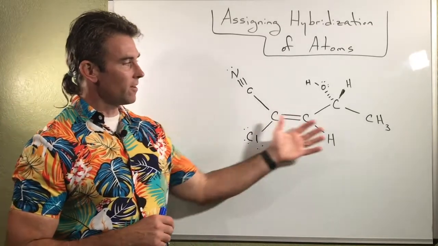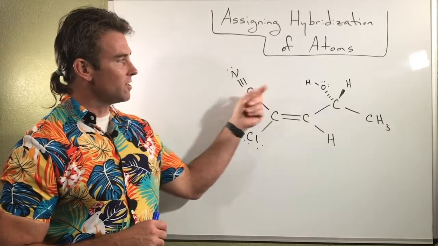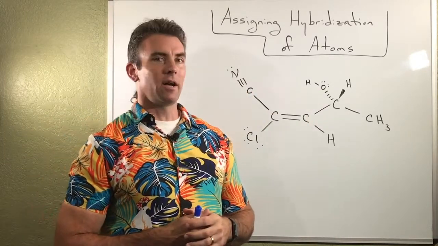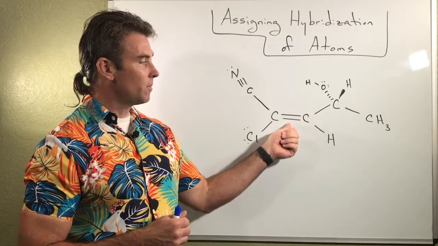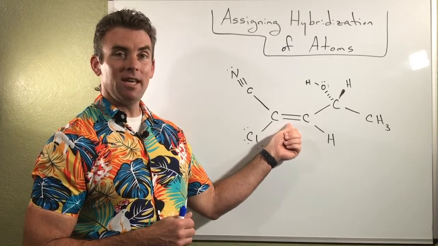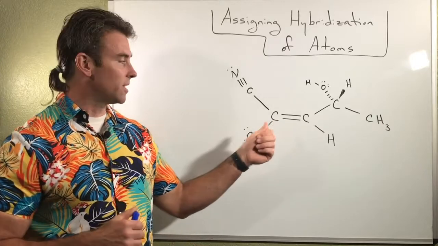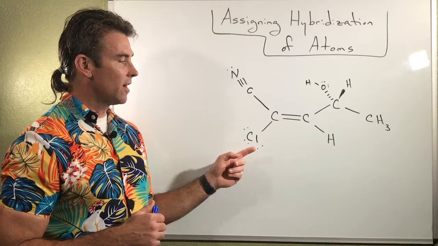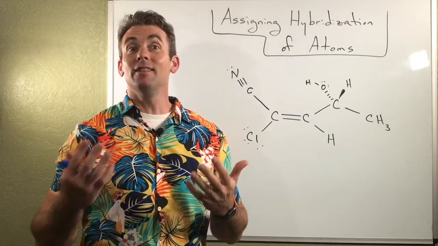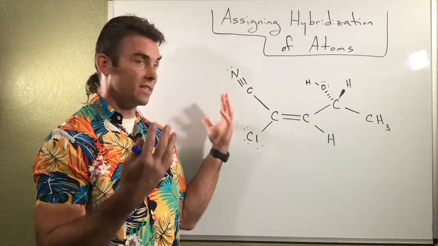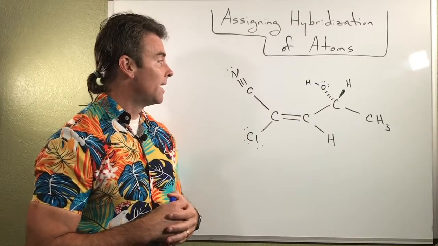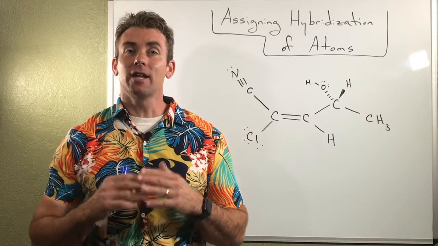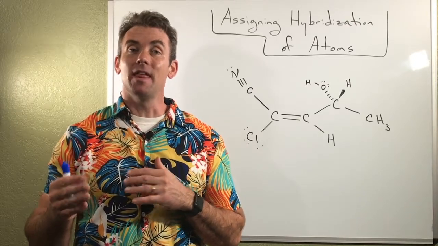What you'll notice here is an organic structure. It's got a nitrile and also an alcohol group in there, just to get you used to naming functional groups. Also, this is an alkene, otherwise known as an olefin. And anytime you have any kind of chlorine in there, it's some sort of haloalkene, as in this case. So let's first assign electron domain geometries, and then we'll assign